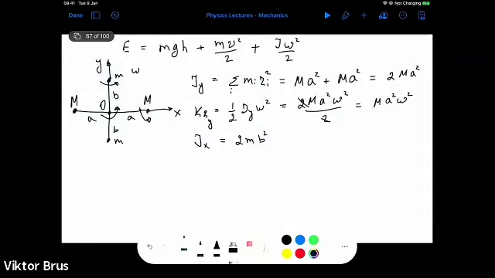So in this case, we need to consider the contribution of all masses. And the moment of inertia in the XY plane will be equal, again,